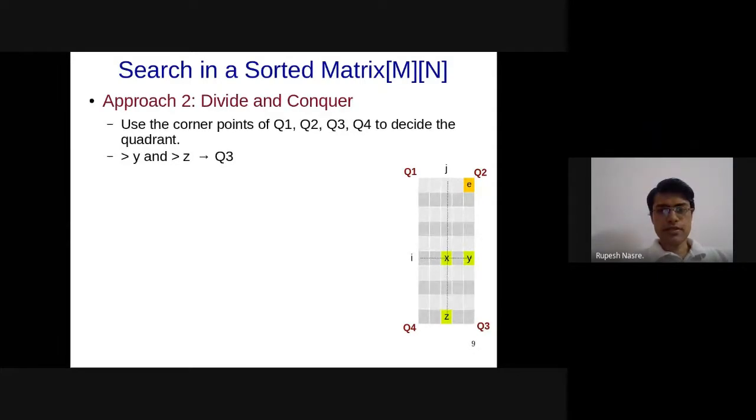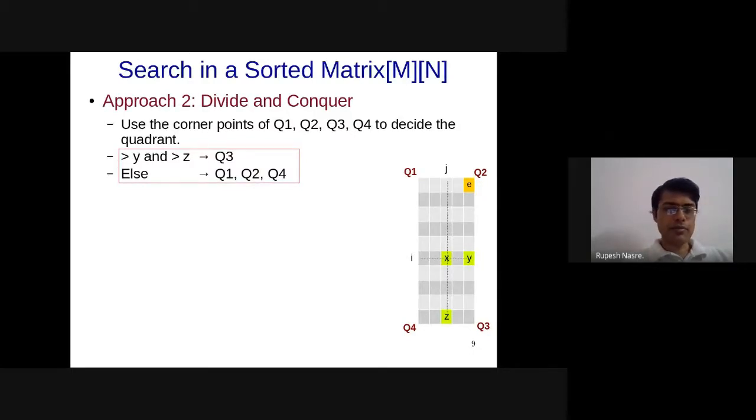Okay, Sai Charan says yes, Salman Aslam says yes, Kashibaltla says yes. So if a number is greater than y, because everything is sorted top to bottom, then it has to be below y. But if it is greater than z also, then it has to be on the right hand side of z's axis, because it is sorted left to right also, and therefore it has to be in Q3, the bottom right quadrant. Otherwise, I say that it is in Q1, Q2, Q4. So this is my algorithm.